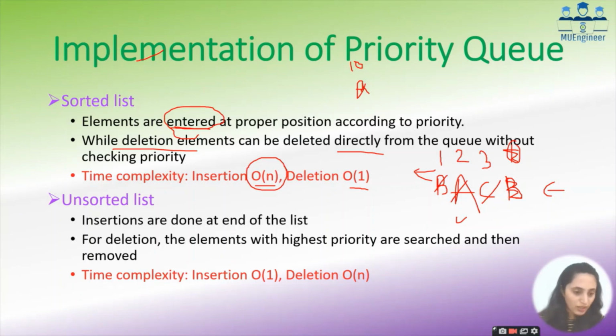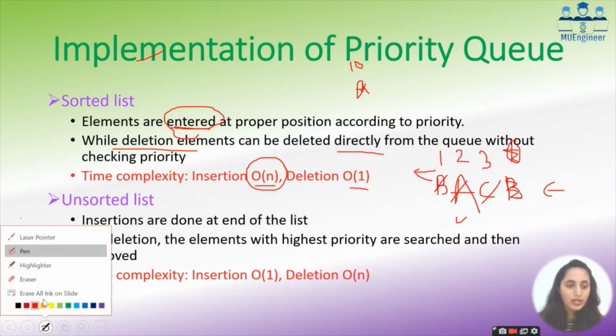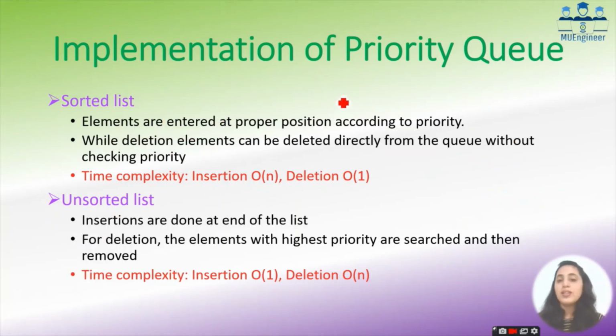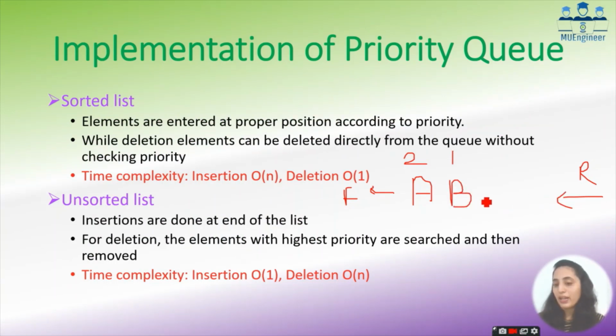Exactly opposite is the case with the unsorted list. Okay, so I'll explain you this. Suppose in unsorted list, the first item which comes to me is A with priority 2. उसने उसको ऐड कर लिया. ये मेरा फ्रंट है, ओके, और ये मेरा रेयर है. नेक्स्ट आइटम आया क्यू में जिसने बोला कि इट इज बी with the priority 1. उसको उसने डायरेक्टली रेयर में ऐड किया. इवन दो प्रायोरिटी के वाइज वो बराबर नहीं है, फिर भी उसने रेयर में ऐड किया. दैट मीन्स इंसर्शन इज डायरेक्टली डन एट द एंड ऑफ द लिंक लिस्ट विदाउट चेकिंग एनी प्रायोरिटी.